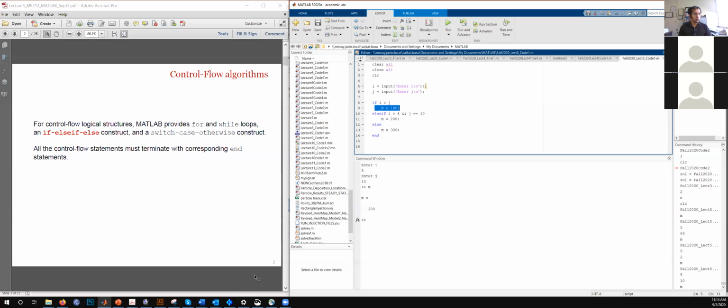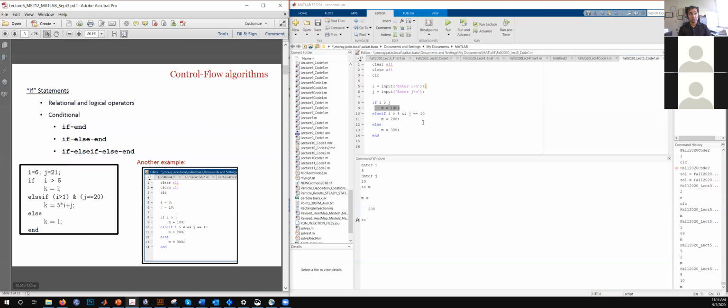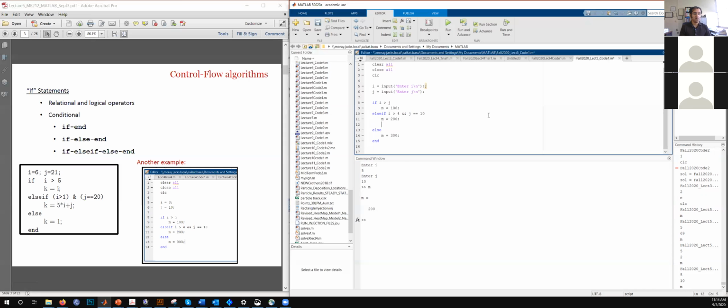And to show you again the overall structure, there is no condition that should follow this else. So you come to the else line when you have run out of conditions. Suppose I can add another condition over here, else if i equals j. We have not really covered that in the first two conditions. If i is equal to j, then m is disp, 'i and j are equal'.